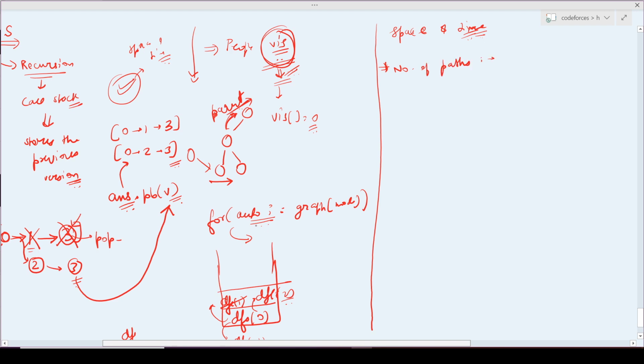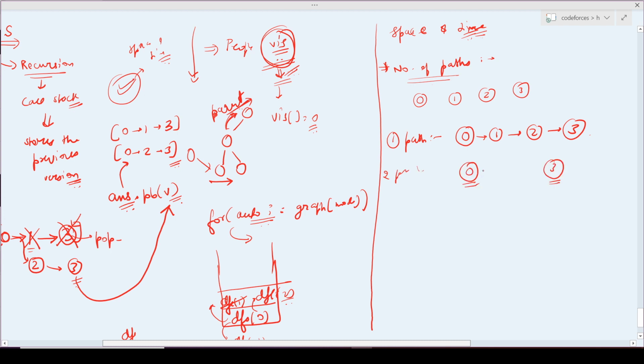So first of all, to analyze this, we should know the number of paths. To analyze this number of paths, say I have nodes 0, 1, 2 and 3. In one path I can arrange these nodes like this. In another path, see, I have the starting and ending as fixed. I can insert the nodes, either I will insert it or I will not insert it. So the first path, I will not insert any.